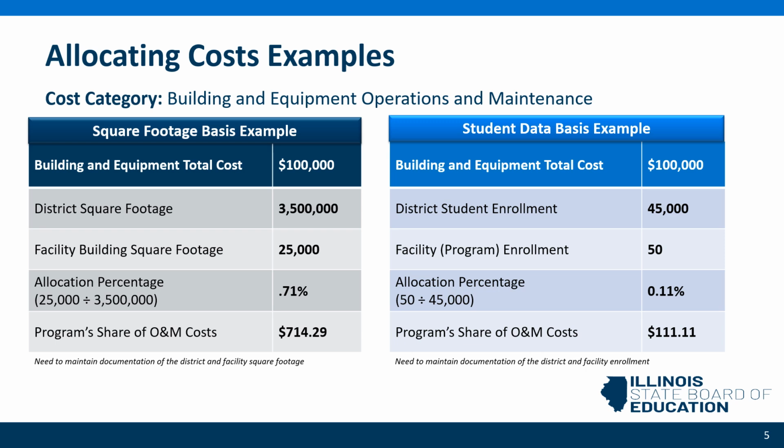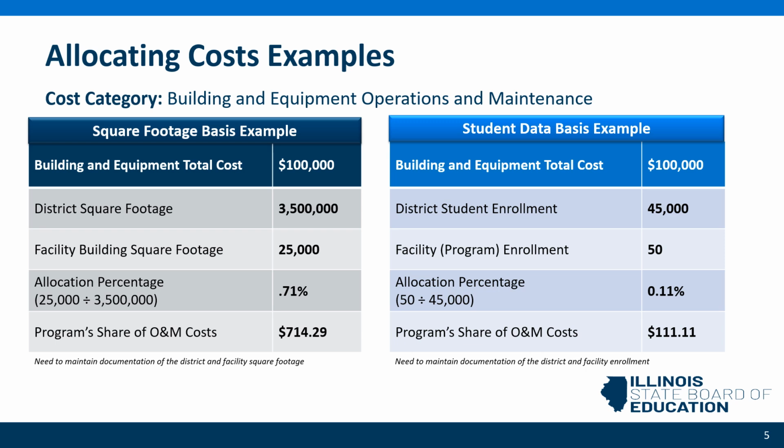Example 1, allocating costs using square footage. In this scenario, the district's total building and equipment operations and maintenance cost is $100,000, covering 3.5 million square feet. The special education facility occupies 25,000 square feet. To determine the allocation percentage, we divide the facility square footage by the district's total. 25,000 divided by 3.5 million,